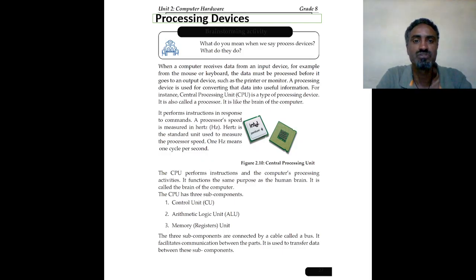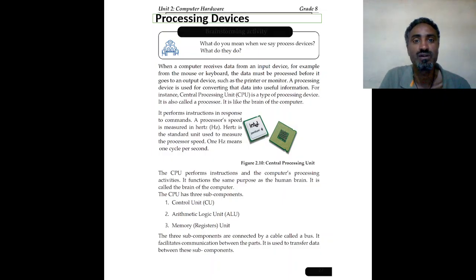Next to input devices, the other computer hardware part is processing devices. Under a computer system, we have computer hardware and software working together. Again, under the hardware, we have input devices, processing devices, storage devices, and output devices. When you come to processing devices, in every computer system there is software and hardware.